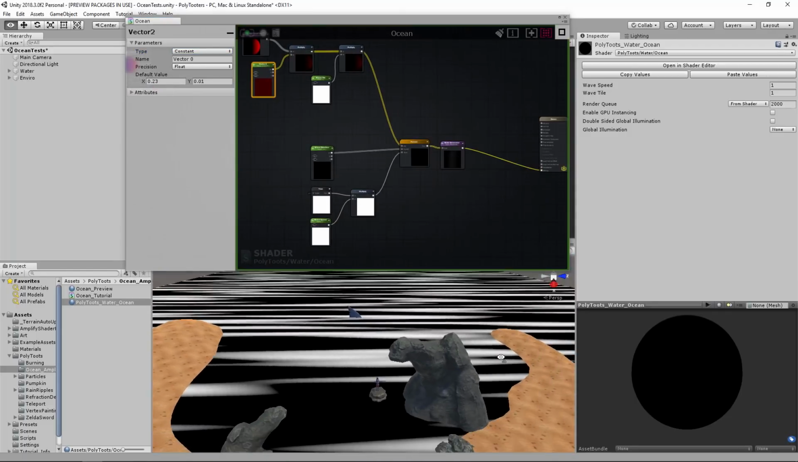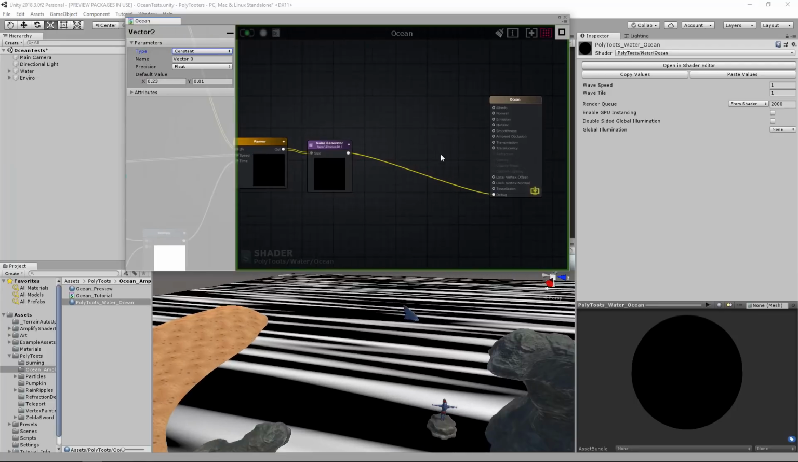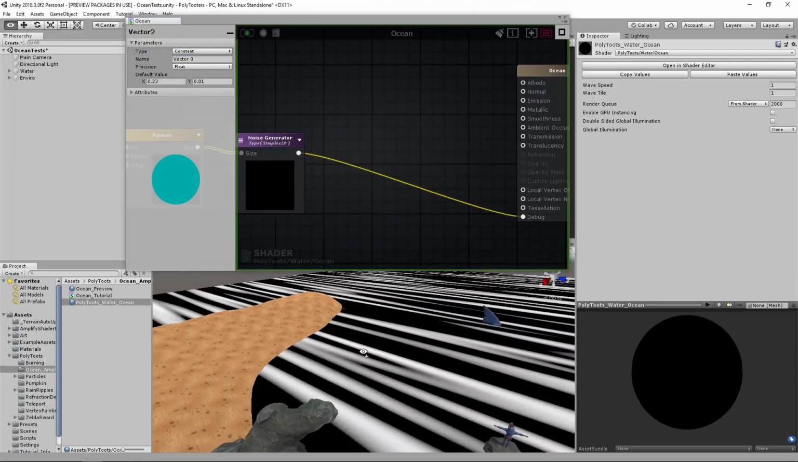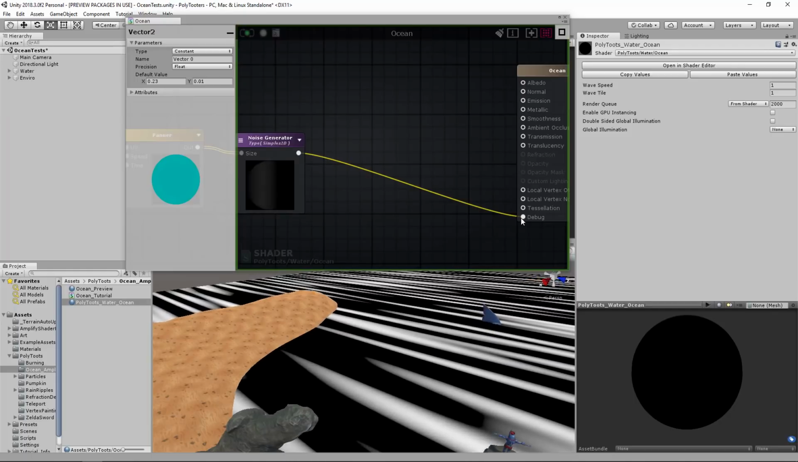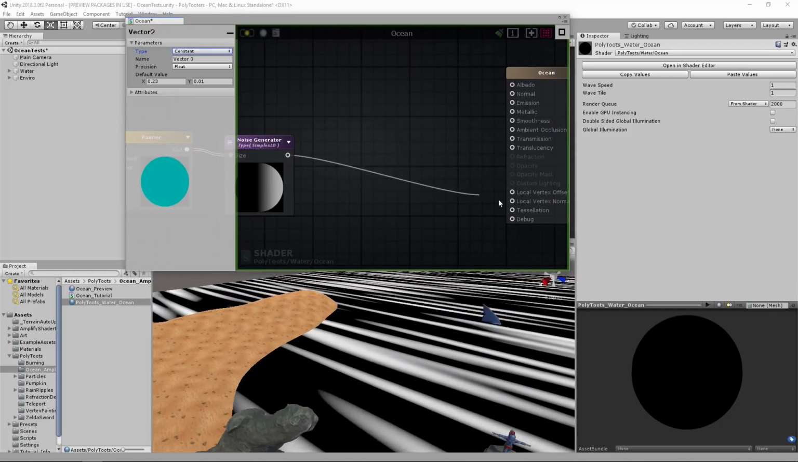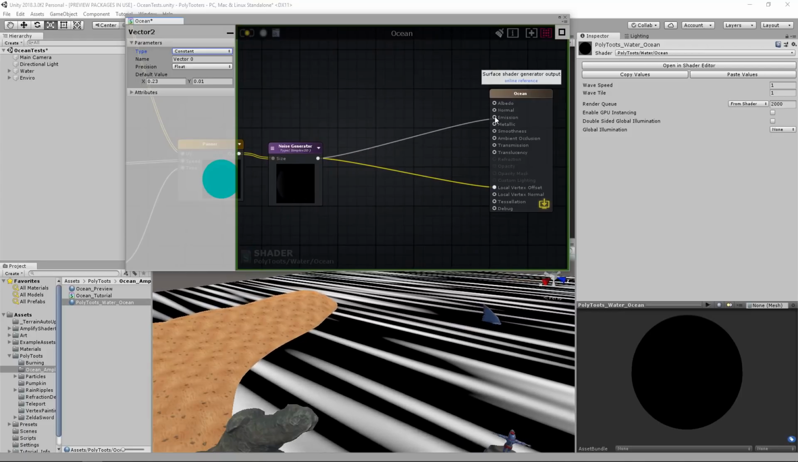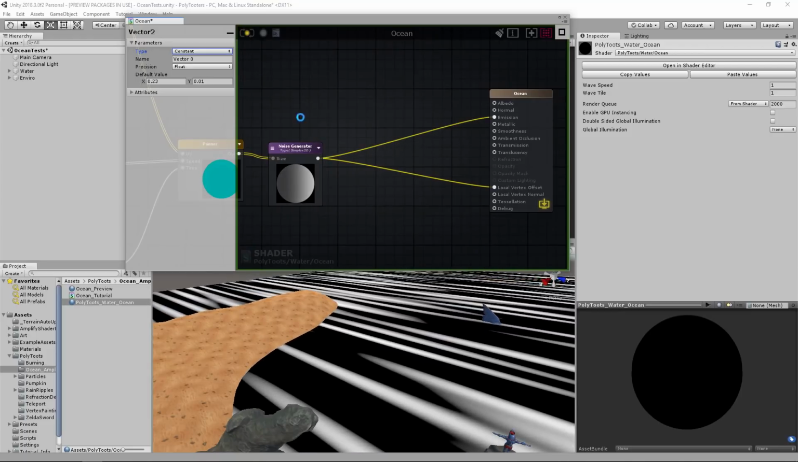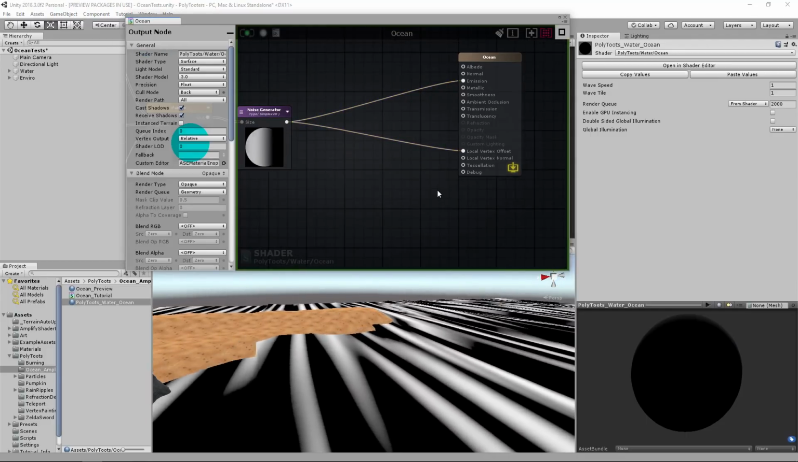So that's okay for the wave shape, but we're going to need to actually make it offset the actual vert. So let's get this out of the debug and put it into local vertex offset and also into emission, so we can see what's going on. Okay, so you see here, pretty crazy stuff. Let me just actually